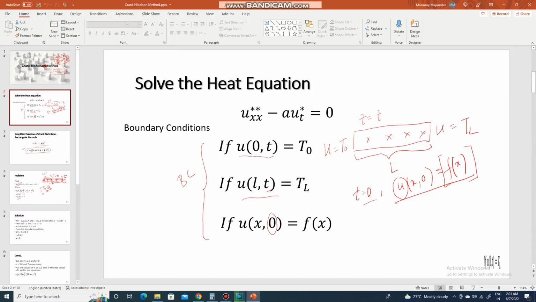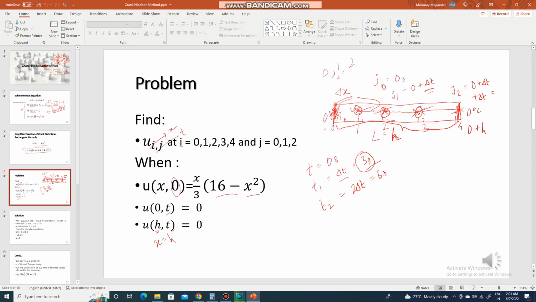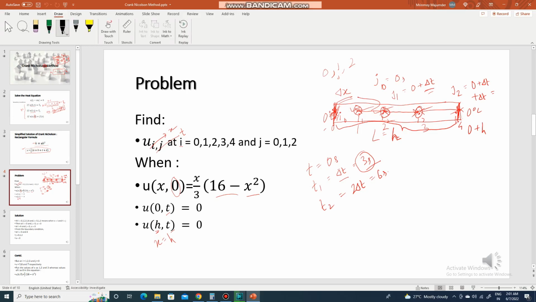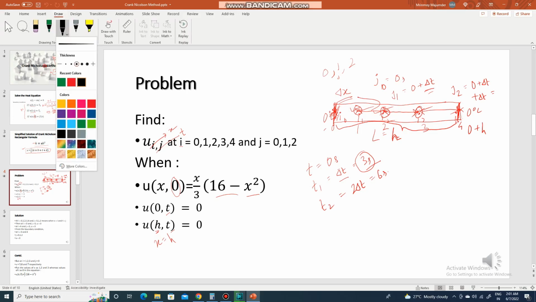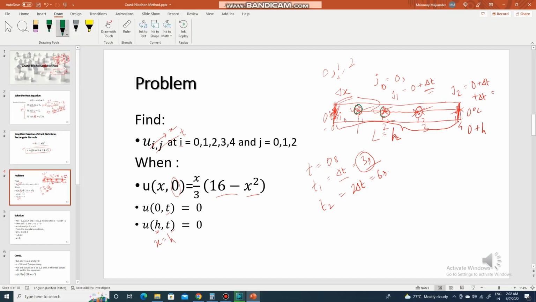So here we will solve the heat equation with the help of the Crank-Nicolson method. This is the same thing where we try to predict the heat at the internal nodes. We want to predict it: this one, this one, this one,